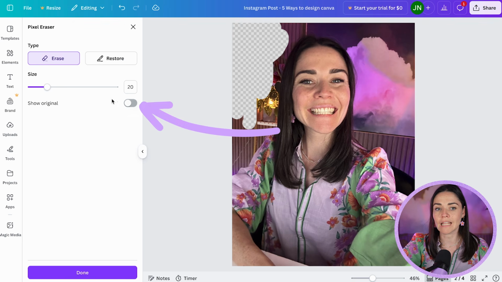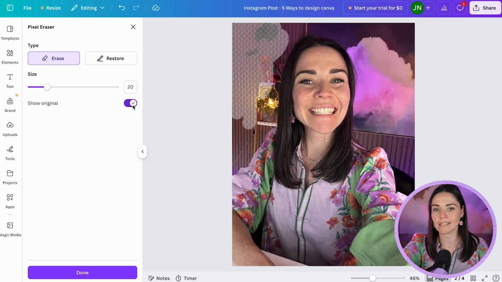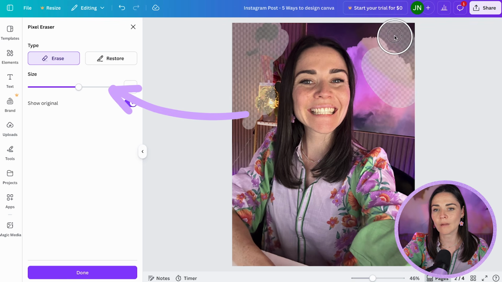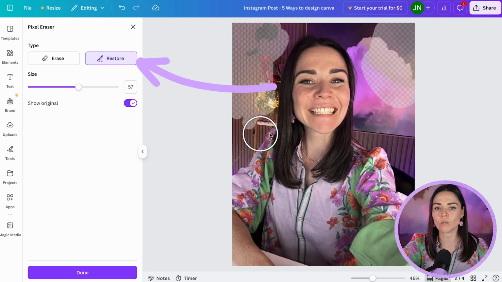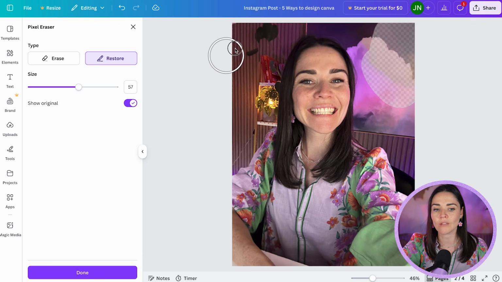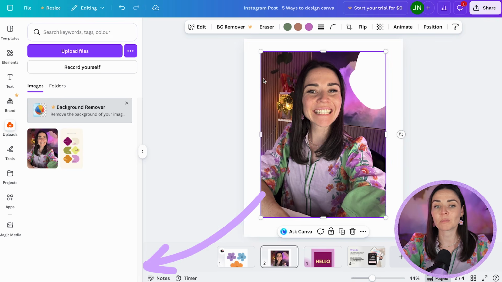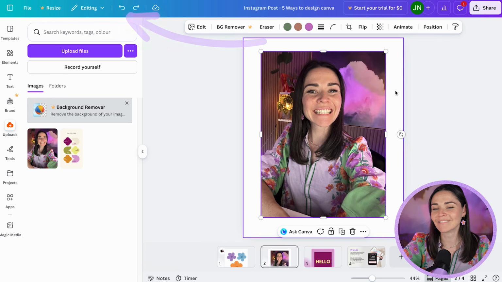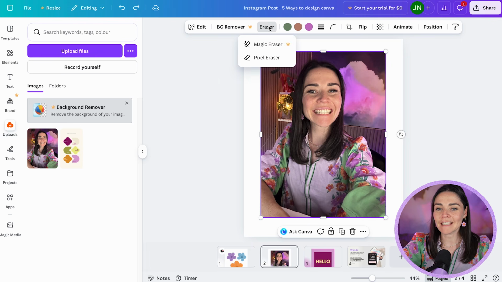If I want to see the original image that I'm painting away, I can press this to see what I'm making disappear. I can change the size of what I'm painting away here, or I can choose to restore. If I want to paint something back, I can use that toggle there, or I can press done. I'm just going to press undo now to get rid of that part that I just erased. And so you'll see here that inside that eraser feature, there's the magic eraser, which we can't access today because it's a pro feature, or there's the pixel eraser. I will do a full video shortly sharing with you all the differences between Pro and free